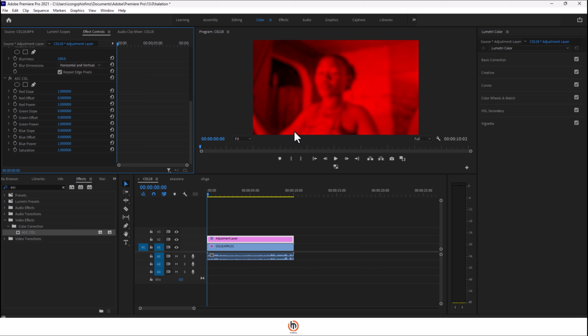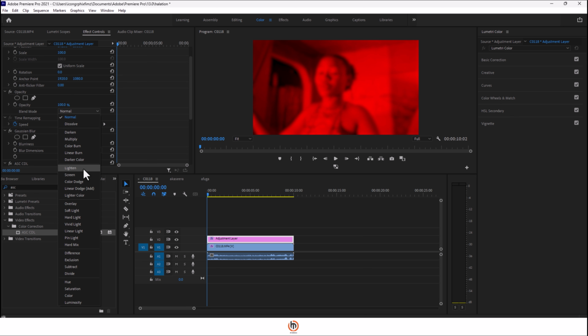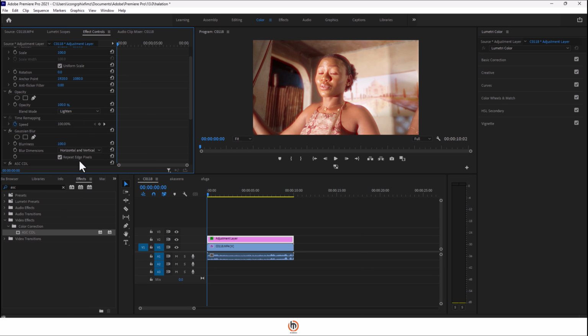Now you see our screen is getting red. So what next do we have now? We have to change the blending mode. You change it from normal to lighten. You get a point. This is very, very amazing. It brings you that halation. This is very nice. After doing this, you see how the halation is on the subject and the entire video. If you feel this is too much,